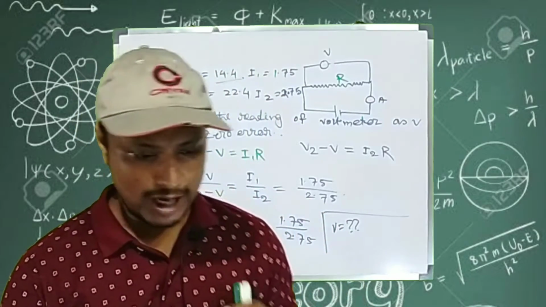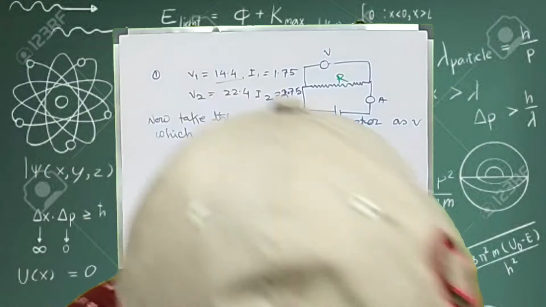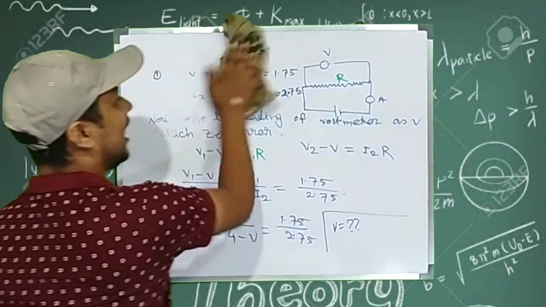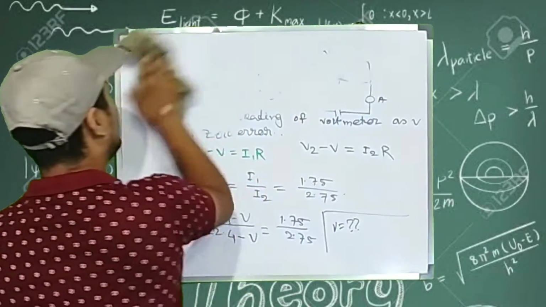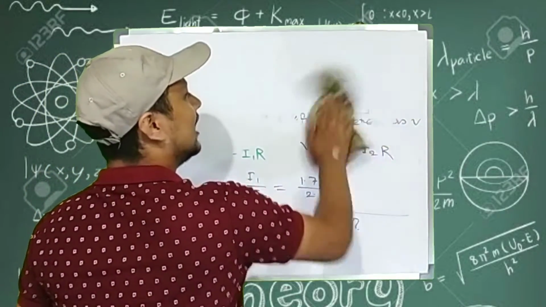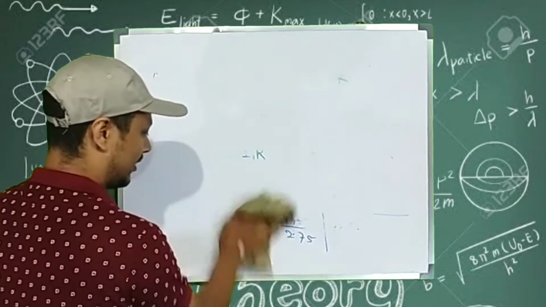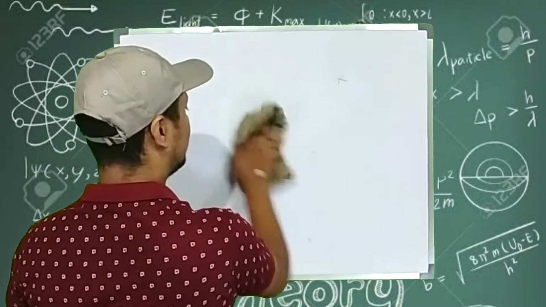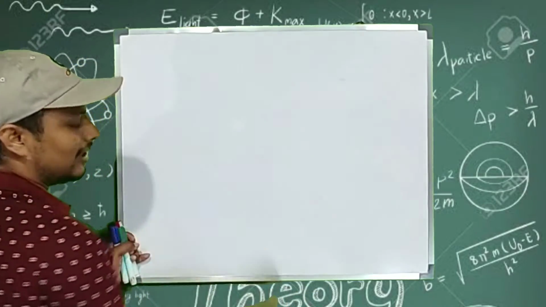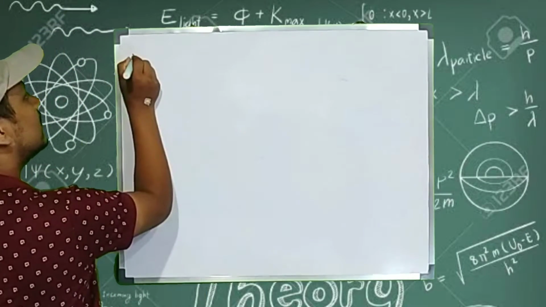Okay, so now moving to the next question, which is question number 16. So I can erase this, as this problem was number 15, and now we move to question number 16. So what does the question say? The question number 16 says